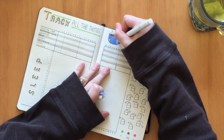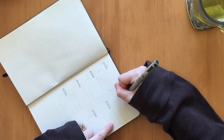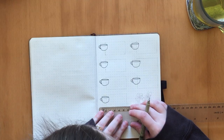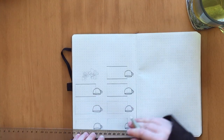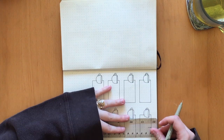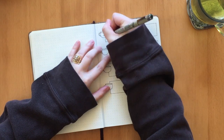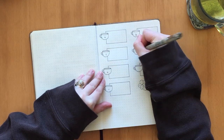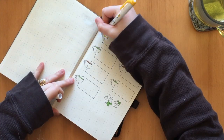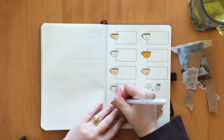And that's everything for my monthly setup. Now getting into my first weekly for March. Like I said, keeping things really simple and streamlined. Obviously not minimalist, but pretty minimalist for me. This setup is definitely drawn from what I was doing at the end of February with the Rogue Barbarian theme. I just really liked how that setup looked in terms of the arrangement of days and the space and all that stuff. And I'm also incorporating a